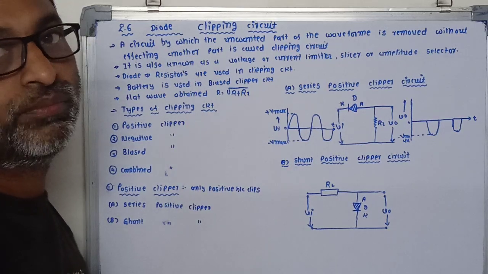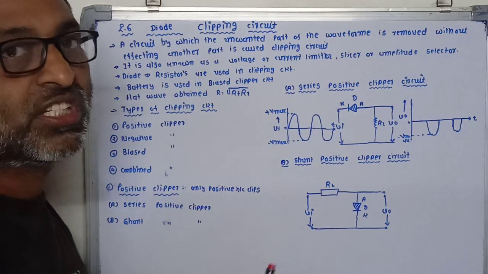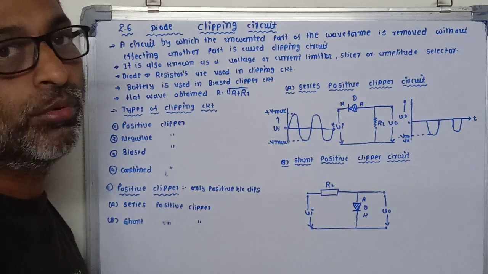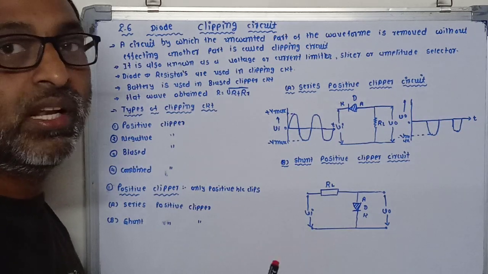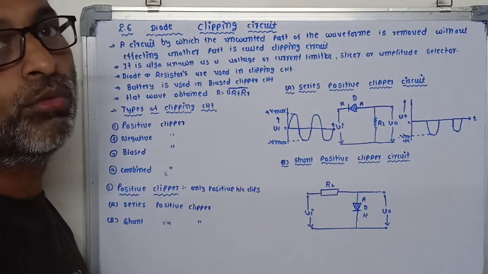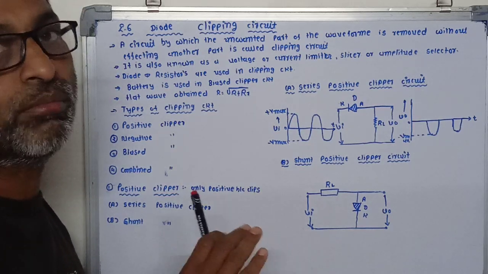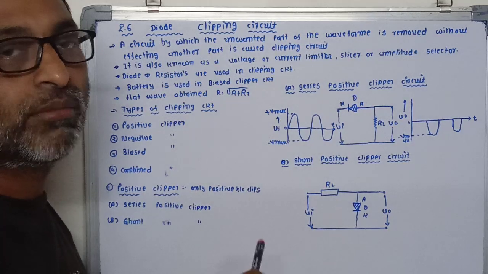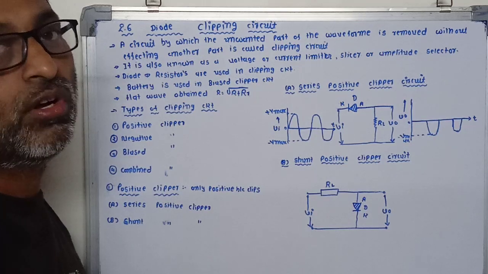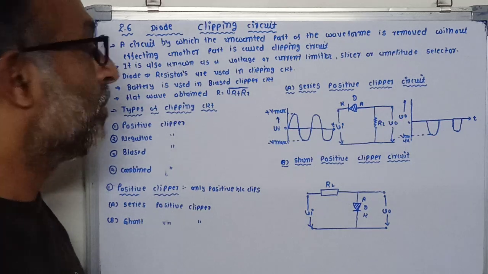of the input. That means whatever input voltage is given to this circuit, it clips the positive half cycles of the input. That means it is removed, and we will get only the negative input half cycle in the output circuit. Do you understand? It clips only the positive half portion of the input cycle, and the remaining portion, that means the negative portion of the input cycle, is shown in the output, or is available on the output terminal. That's why it is called a positive clipper circuit.